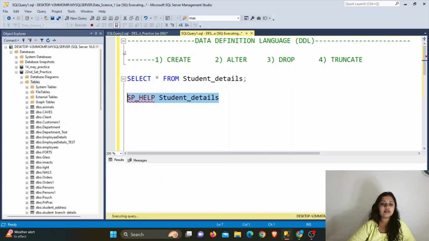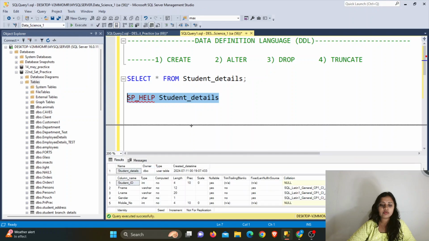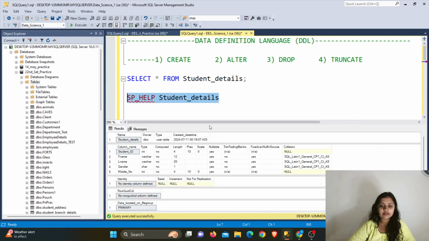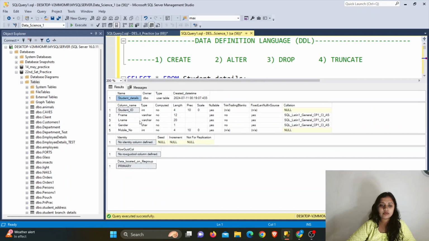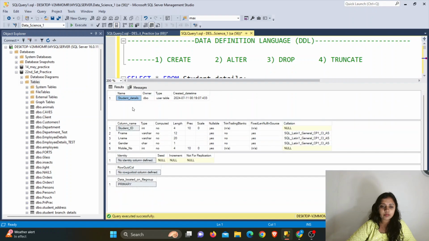Just hit the execute button. Here you will get to know all the details regarding this table: the name of the table, the owner DBO, user table, how many columns I have given, their data types, and whether each is null or not null. So this is the structure of the table.